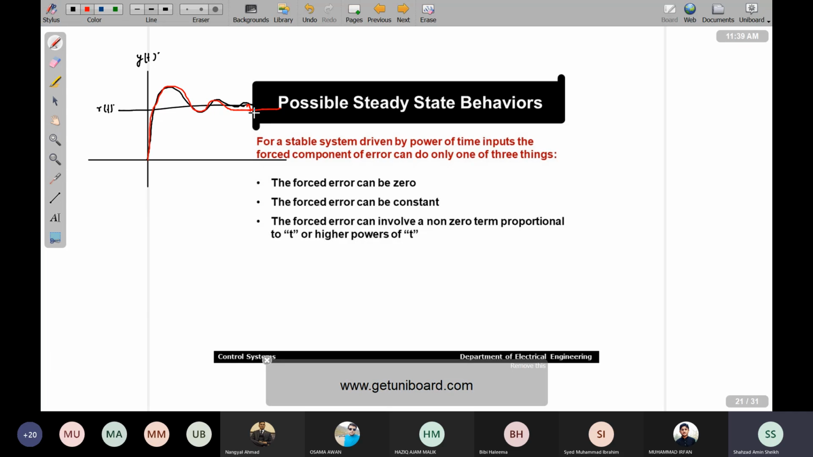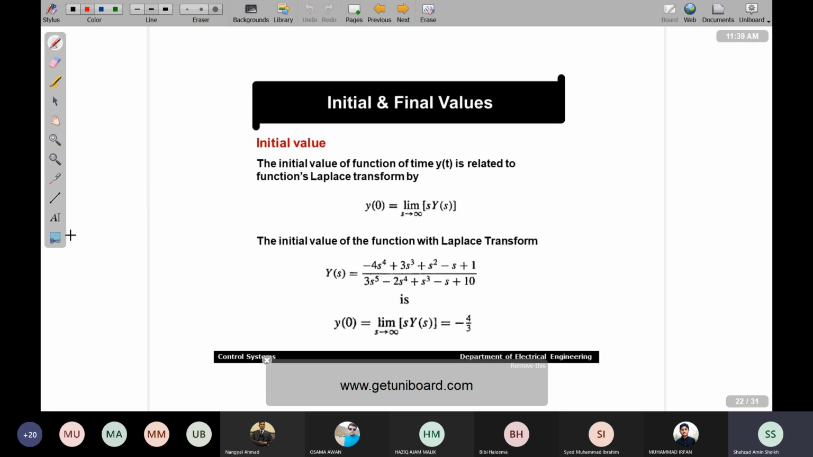So that's my forced error can be a constant, and the forced error can involve a non-zero term proportional to t or higher powers of t, and in that case that would be the situation कि आपके पास जो भी आपकी इनपुट होगी as a result of that आपकी एरर ब्लो अप कर रही होगी, इन्फिनिटी की तरफ जा रही होगी, स्टेडी स्टेट एरर जो है आपकी। सो लेट्स सी ऑल दीज थ्री केसेस, बट बिफोर मूविंग देयर आई वुड लाइक टू रिवाइज द इनिशियल एंड फाइनल वैल्यू थ्योरम्स, बिकॉज द इम्पॉर्टेंट थिंग